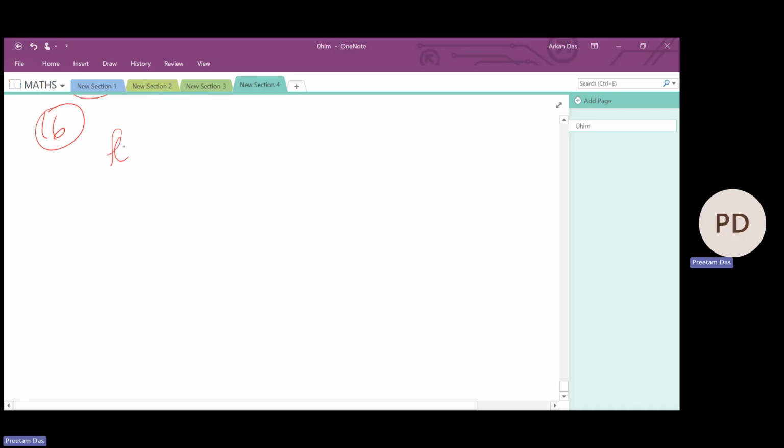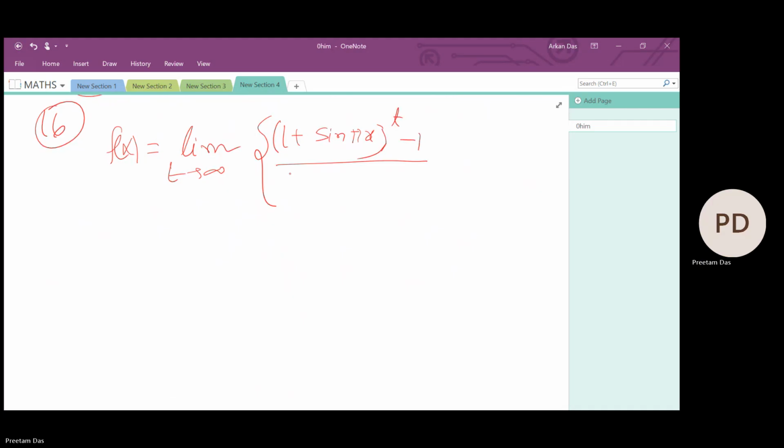Question 16. Again, a very conceptual question. So f(x) is given to be limit t tends to infinity of (1 plus sine pi x) raised to t minus 1, upon (1 plus sine pi x) raised to t plus 1. Suppose sine pi x is positive. Then 1 plus something positive,